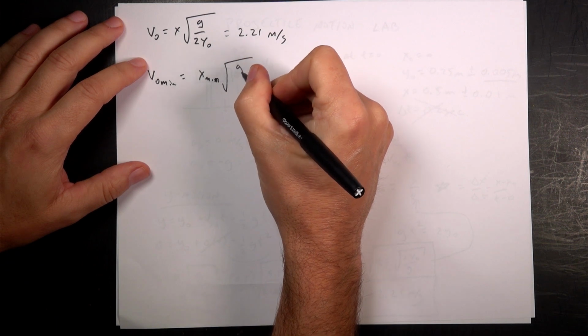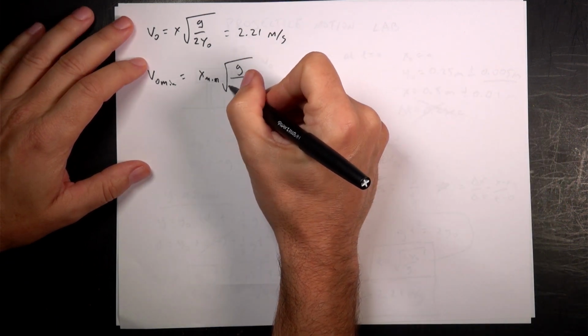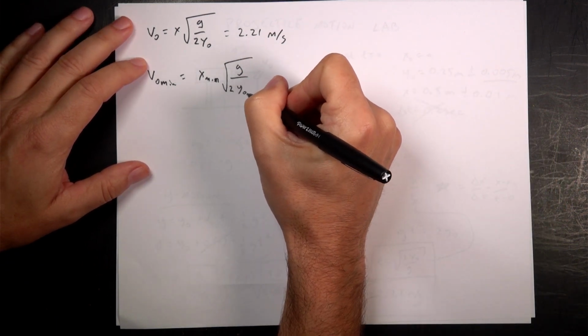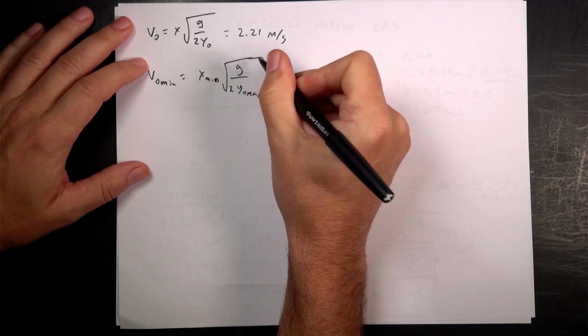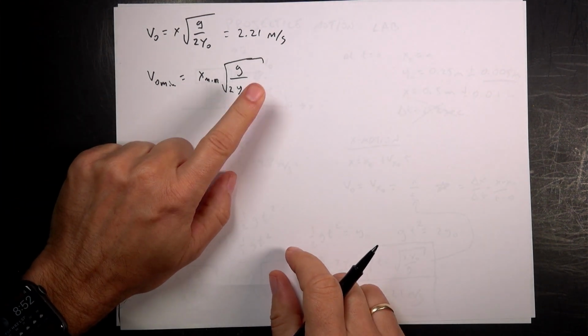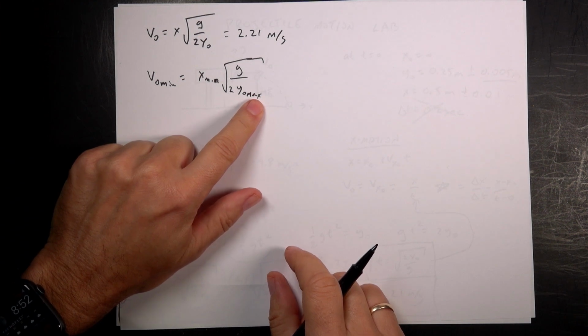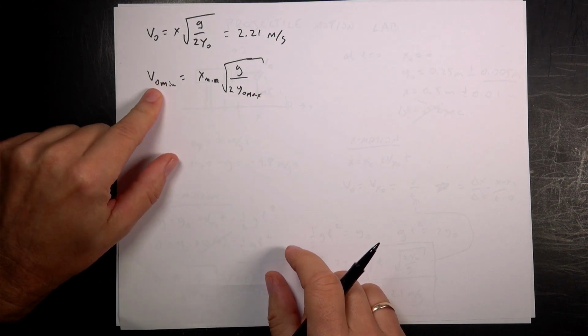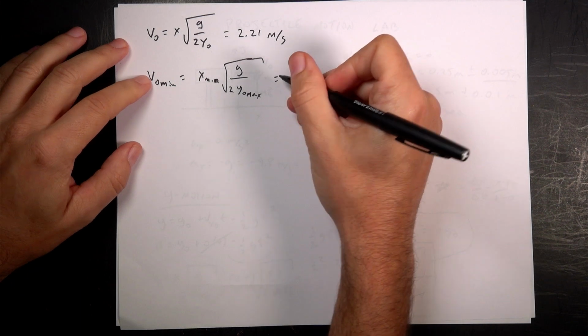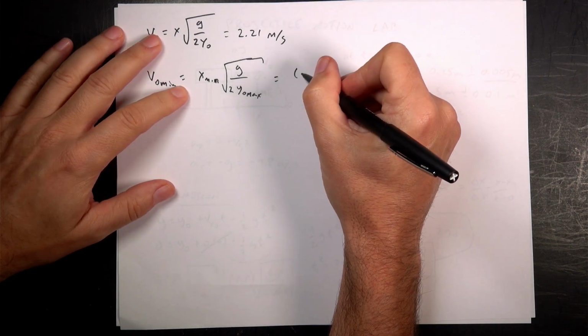Divided by the square root of g, which I'm going to assume is constant, and then 2y0 max, right? Because I'm dividing by y0, putting in a larger value here would give me a smaller launch velocity. So x min is going to be the x position, which was